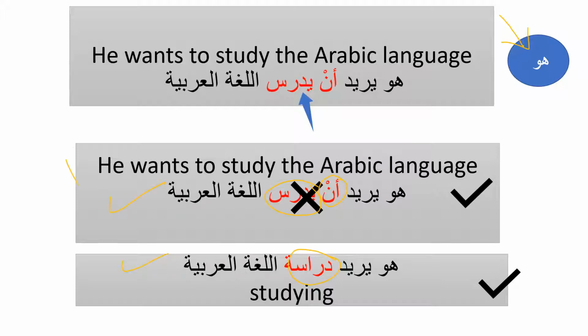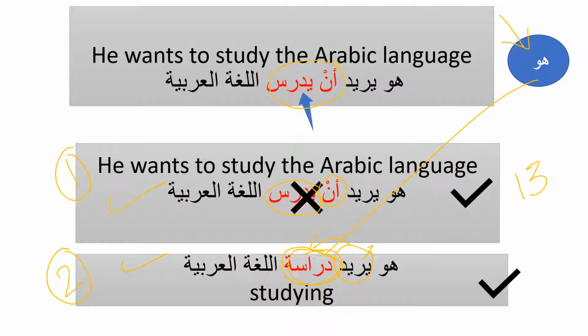But if you want to use number one, then make sure you use أن with the present tense. If you want to use مصدر, then you use the present tense right away, followed by المصدر. Again, you have to memorize all the مصادر, because for each present tense, we have a مصدر. We never conjugate المصادر. If you memorize it one time, then you're done. You can use it with 13 pronouns. هو يريد دراسة. هي تريد دراسة. أنا أريد دراسة. You conjugate the present tense, but you never conjugate مصادر.